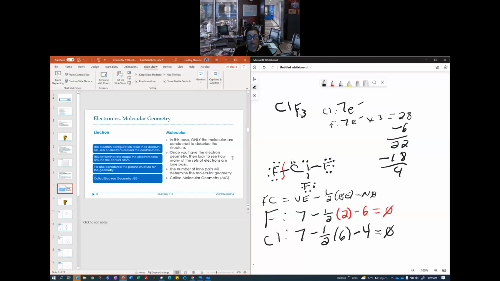So if we're talking about this molecule right here, when we talk about the electron geometry, it needs to take into account this bond, and this bond, those 3 bonds, and these 2 lone pairs. So we need to account for all 5 of those. In the molecular case, we need to account for all 3 of these in the geometry that they exist in with these 2 electron pairs on them. But we only want to name the 3 things that are here. Okay, that's how we get to this table